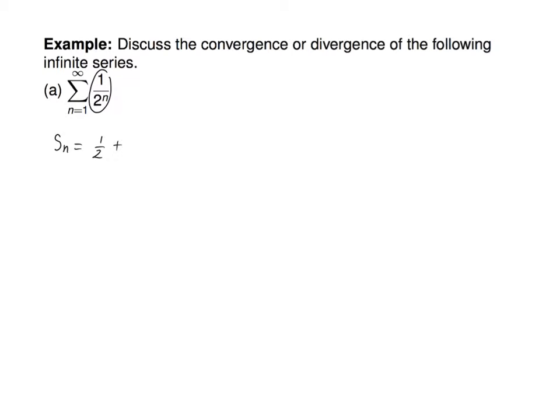Oh, this is exactly the thing you just showed. Yeah. When you plug in 2, what do you get? A quarter, 1 over 2 squared. When you plug in 3, what do you get? An eighth. I didn't give you a specific ending point, so the way you symbolize that the pattern keeps going is dot, dot, dot, plus what would be the last thing you'd plug in? 1 over 2 to the n. The n is the last thing you plug in.